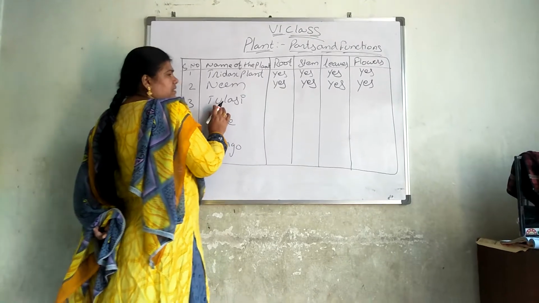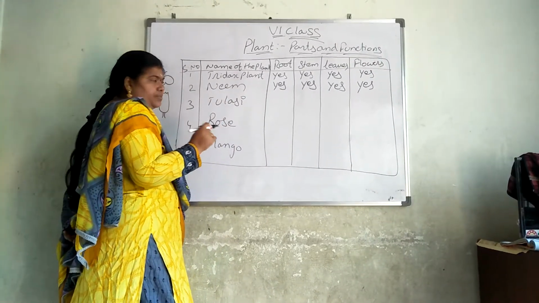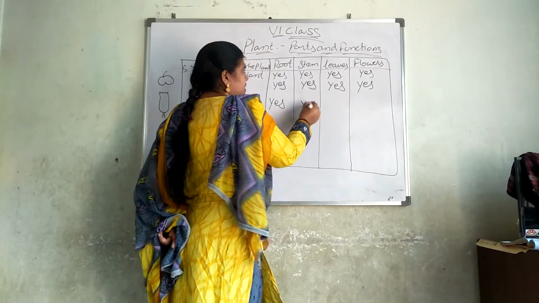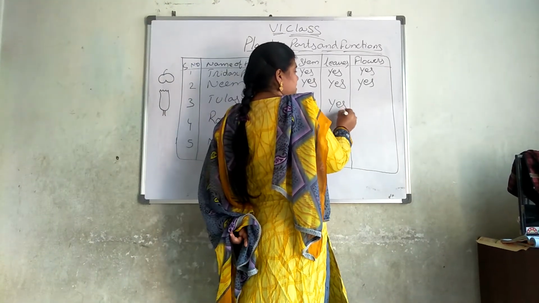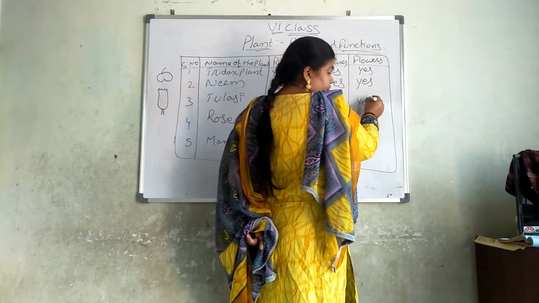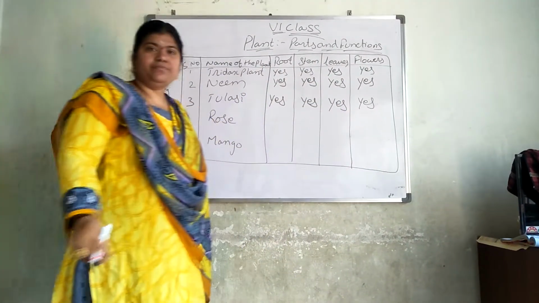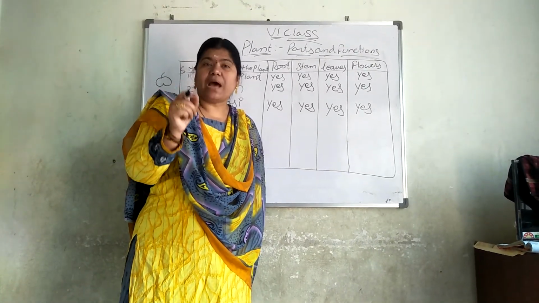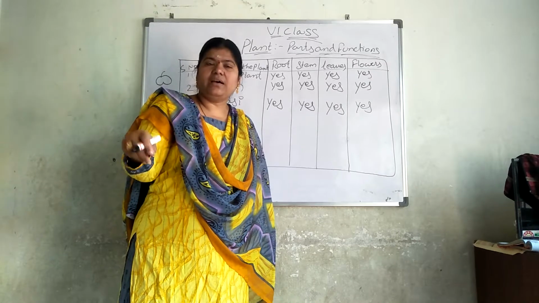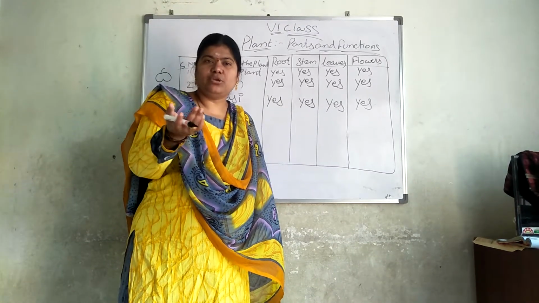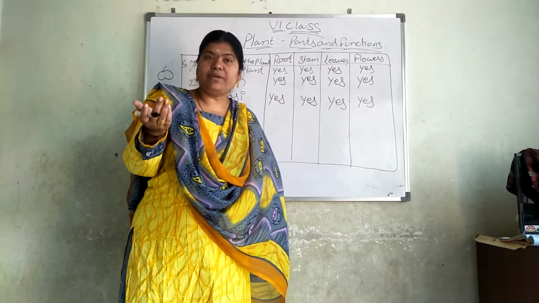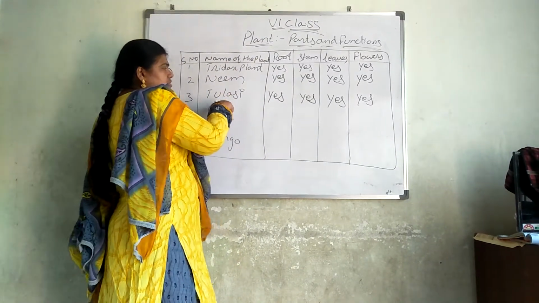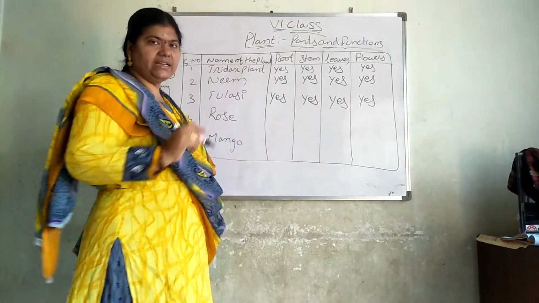Coming to tulasi. In all our houses, tulasi will be present, right? Yes. So, does it have root? Yes. Does it have stem? Yes. Does it have leaves? Yes. Does it have flowers? For that also you will say yes. First a white color flower will come from that one and slowly it changes to brown in color, and that only we will keep in the soil, and again we will get the tulasi plant. The flowers only will become seeds. The flowers itself become seeds. So tulasi also has root, stem, leaves and the flowers.